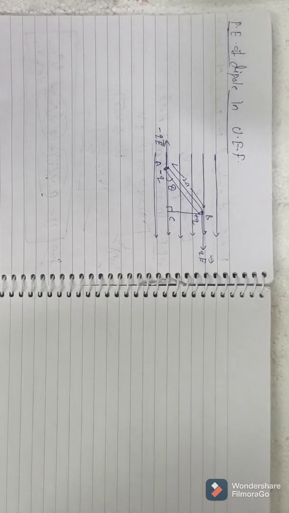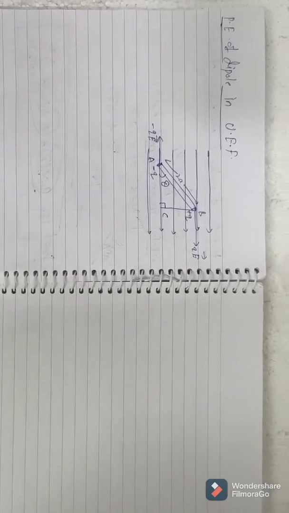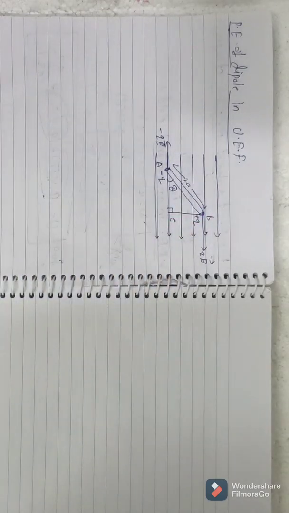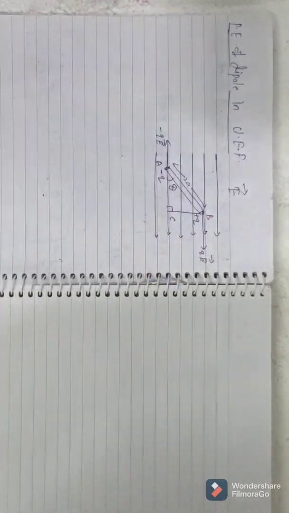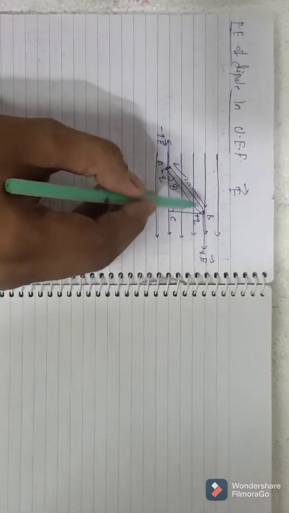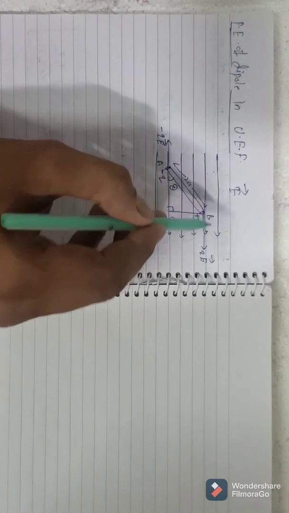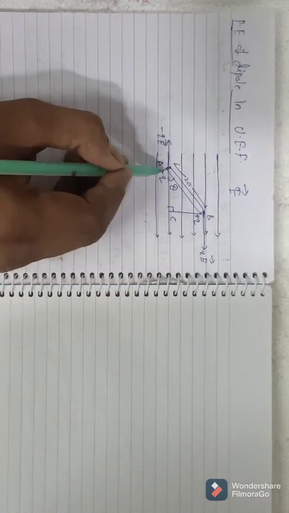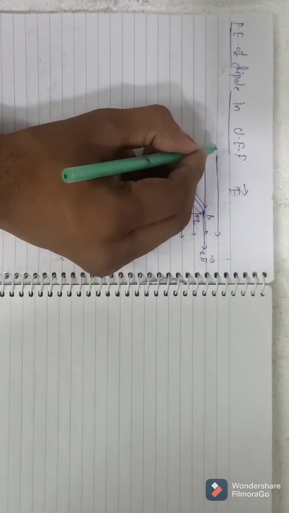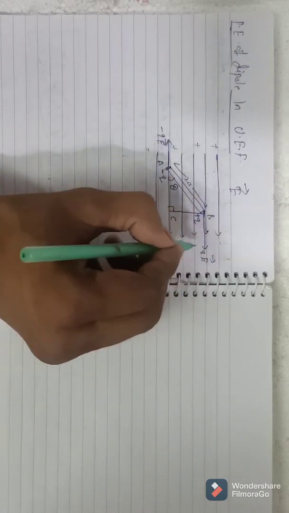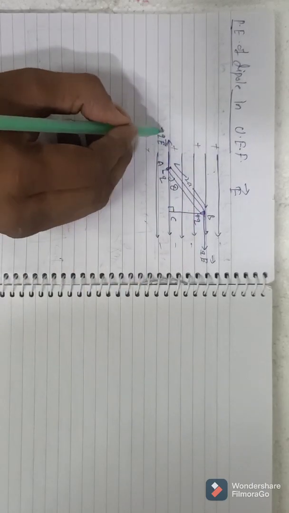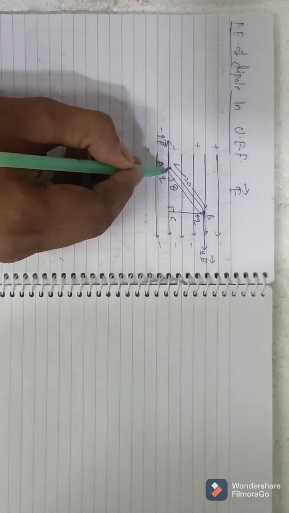So first, why will there be any energy? Suppose this is an electric field, a parallel uniform electric field with equispaced lines, so the electric field is uniform and its value is E vector. Suppose we place a dipole like this: this is minus q charge, this is plus q charge. This plus q charge will have a force in this direction, and this minus q charge will feel a force in this direction, because we know that the direction of electric field is always from positive to negative. So this negative side will attract this positive side, and this positive side will attract this negative charge; there will be a force.